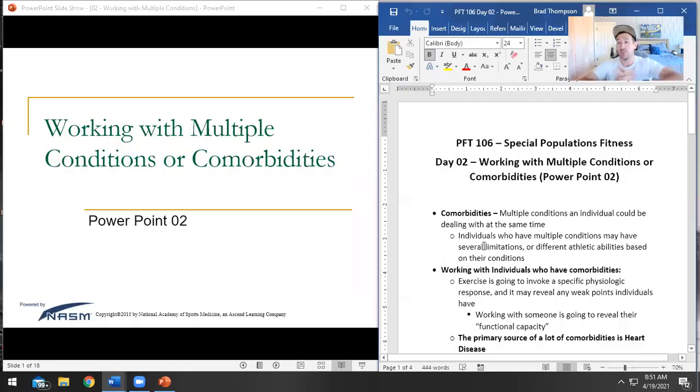All right. So PowerPoint 2, working with multiple conditions, or this is the comorbidities chapter. So when it comes to working with specific diseases or conditions with your clients, a lot of times they interact with one another and could even be the cause of one another, like someone